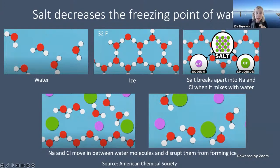There has to be liquid water present for salt to do its job to lower the freezing point of water. Otherwise, what we want to happen won't happen, which is when salt enters water, it breaks apart into sodium and chloride ions. And what happens is those sodium and chloride ions get in between the